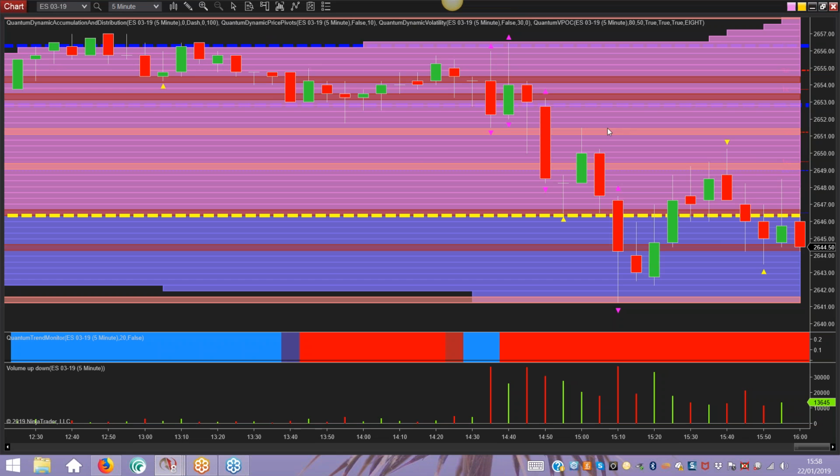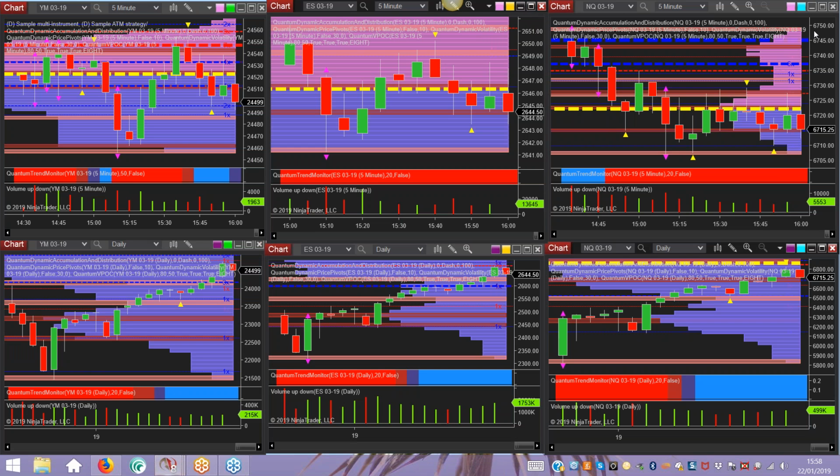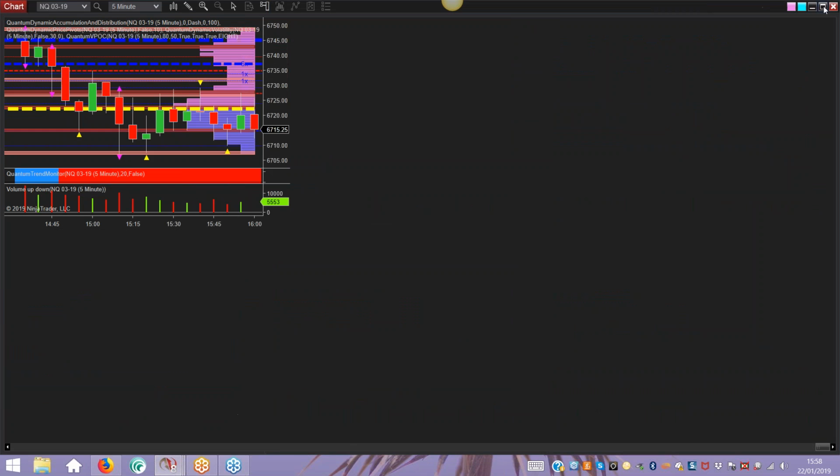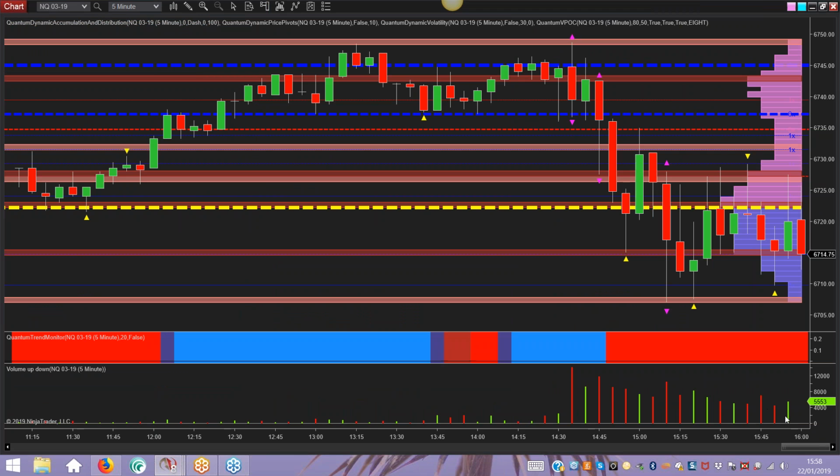Probably the same on the other charts as well. Similar sort of drop off in volume here. We had the price action move to the downside, volume really falling away quite dramatically. Attempt to rally, big wick to the upside, but trading around this region still. And the same on the NQ. Similar picture there. Volume's falling away, trading around the volume point of control. You've got a half decent floor building here. You've got some light volume here.